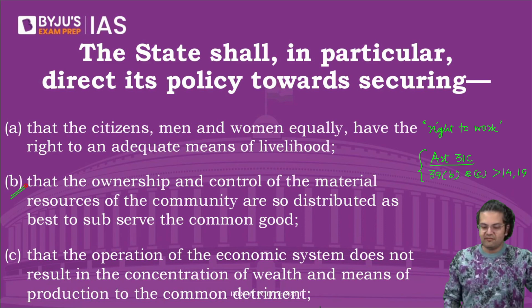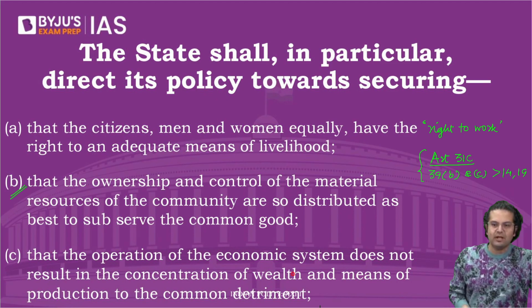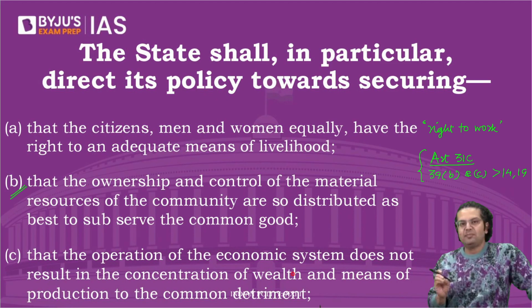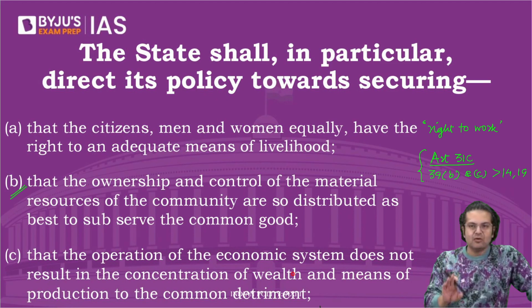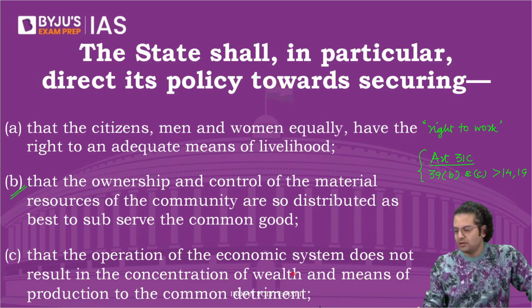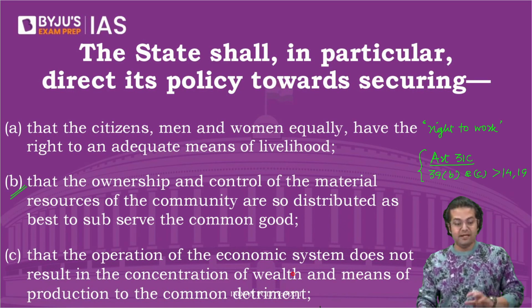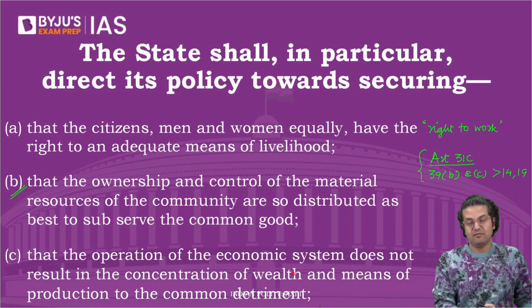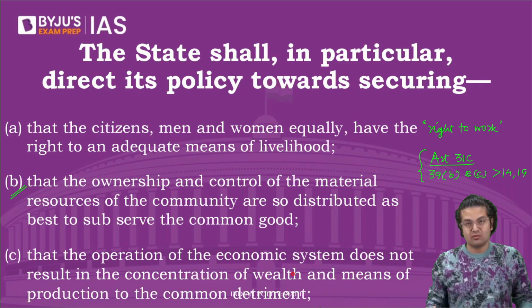So how have we tried to achieve this? We are not sure. Even today, the top 10%'s average annual income is 20 times more than the bottom 50%. 20 times. But mind you, B and C, we are trying to reduce the concentration of wealth. We are trying to ensure that the country's resources are meant for everybody. That's what we are trying to do.